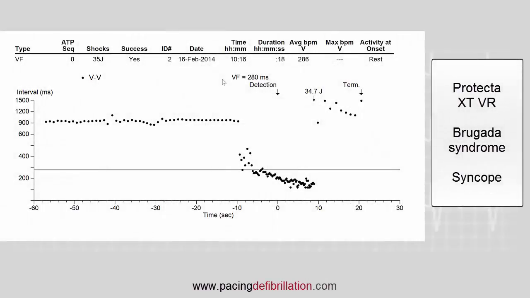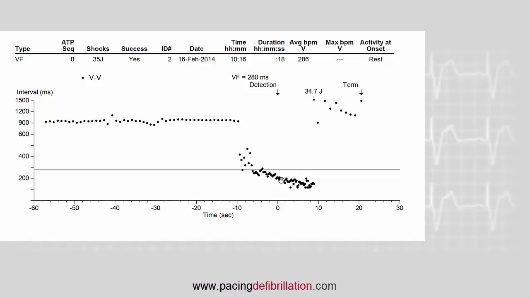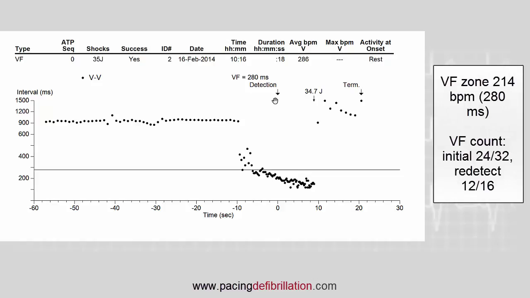This is the case of a patient with Brugada syndrome and implanted with a single lead ICD. She was hospitalized for an episode of syncope. You can see here the episode diagnosed VF corresponding to this syncope. Initially there is a normal rhythm and then an acceleration with a very fast ventricular rhythm inside the VF zone,